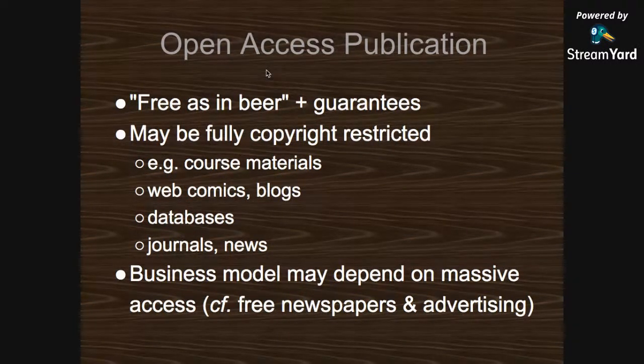A lot of the publications that publish in this open access way, they do so because their business model depends on a lot of people having access to their material. One example of this is newspapers, who produce a resource that people don't pay for, but the advertising that is profitable because of the vast number of people who do read the resource is what pays for the publication of the paper in the first place. But there are other kinds of business models that help to fund open access.